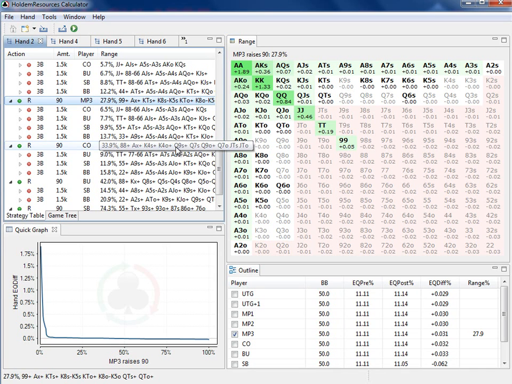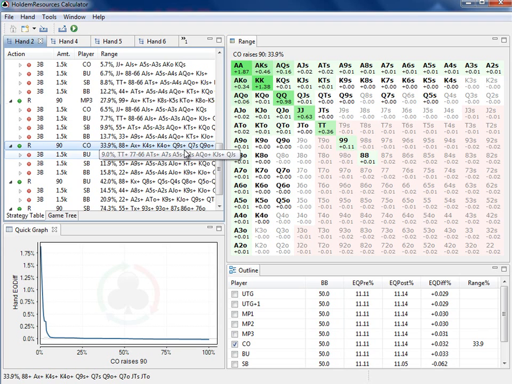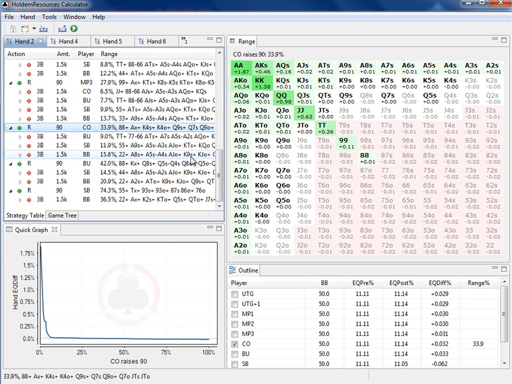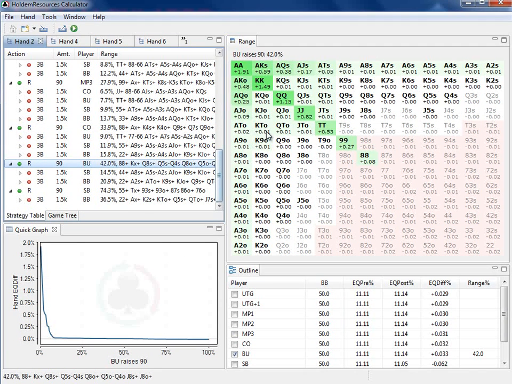But by the time you get down to like this hijack cutoff ranges, you can see now that we've opened from like 19% down to about 40% on the button. And typically I don't like the way this opens up a little bit, I don't prefer some of these hands, but you can see now that our sort of raising range of any two broadways, pocket pairs aren't in here. I would definitely include those